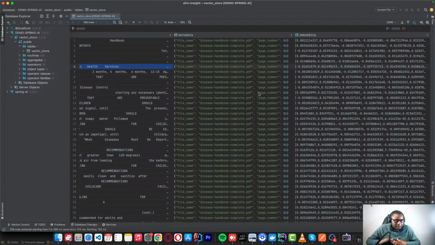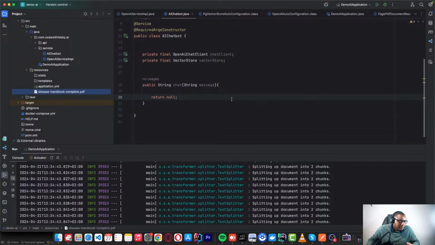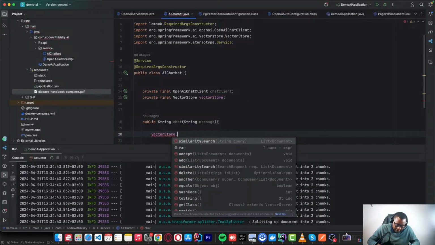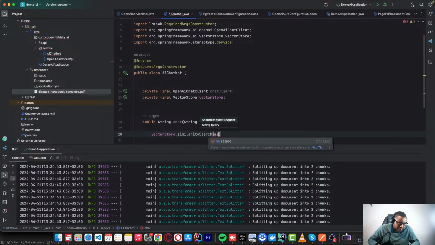It's new, and in this series, I want you to understand everything and think of how you can use it on your business idea. So now we can come back here. From this, the first thing we want to look for is the similarity for the question. A user will ask a question, and we want to look up those details from the database. So we can do a vector store similarity search, and we can pass